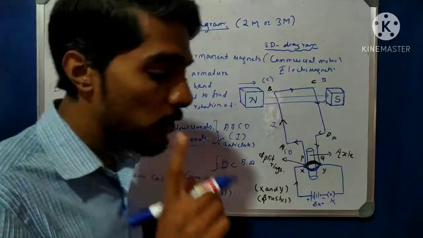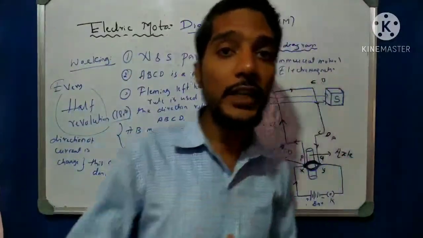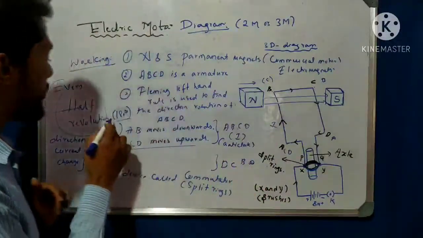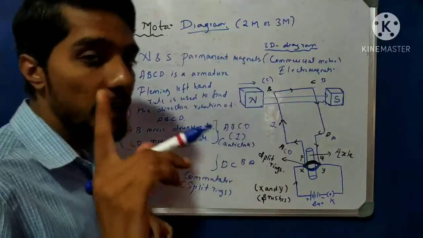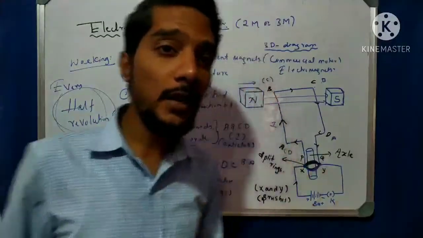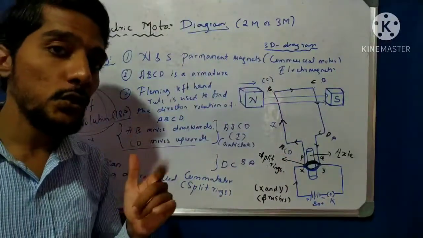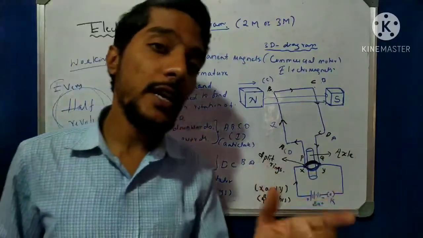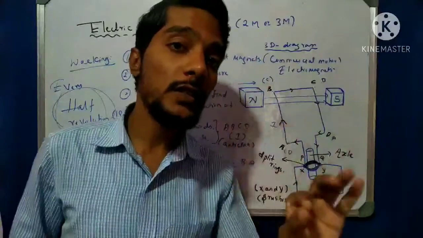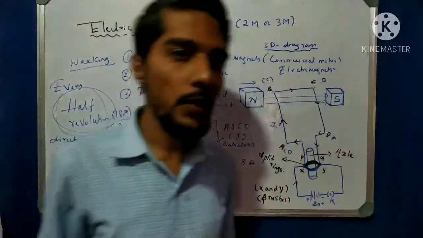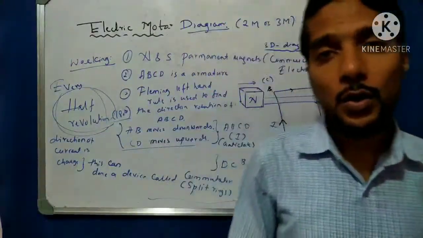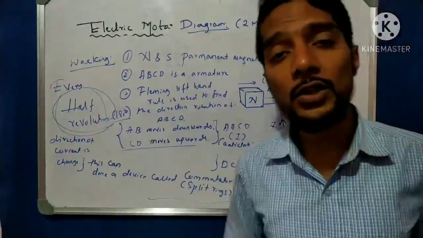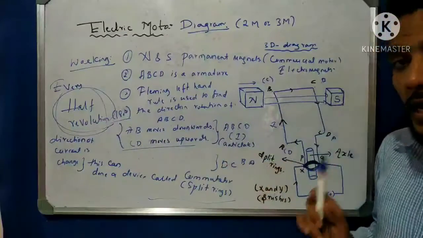That is very important; a multiple choice question is possible. When does the direction of current change in the electric motor? Every half rotation, every half revolution. How is this possible? Which device is used here? The device name is split rings. What is the function of the split ring here? The split ring's function is to reverse the direction of current. That is a simple concept. The role of the split ring or commutator in the electric motor is to reverse the direction of current.